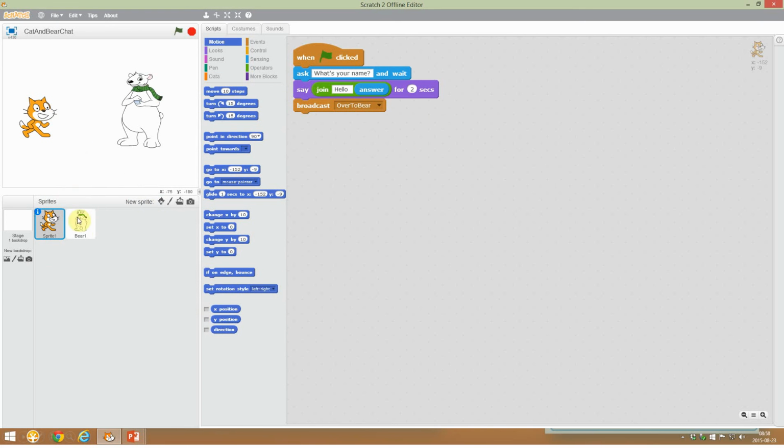Alright, so as I said, we've got two sprites here, the cat and the polar bear. On the cat, we've got when green flag clicked, ask what's your name and wait. Then we type in the name, and then we do a say, join hello, the answer, for 2 seconds. It's important to put the 2 seconds in here, otherwise the hello polar bear won't go away. When we're done, we then do a broadcast and say over to bear or over to sprite 2,